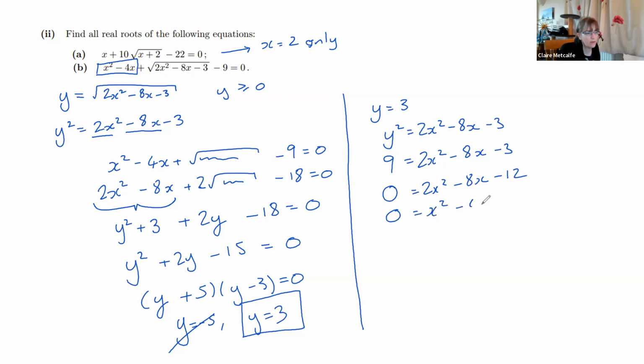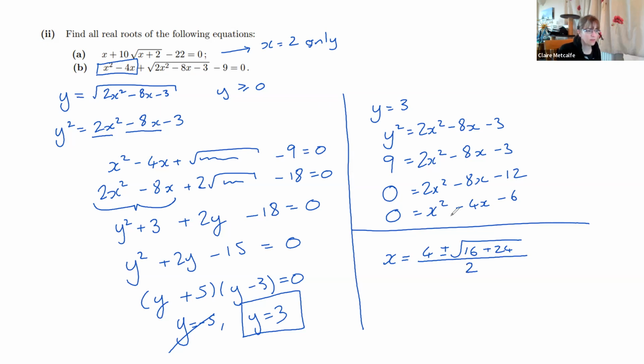So we have this, unless I've gone wrong, but I'm pretty sure that's right. This doesn't factorize, so we're going to have to use the quadratic formula again. That's 24 all over 2, minus b plus or minus square root of b squared minus 4ac. So this gives me 2 plus or minus root 40 over 2, which is 2 plus or minus root 10. Okay, so it looks like we've got two solutions,